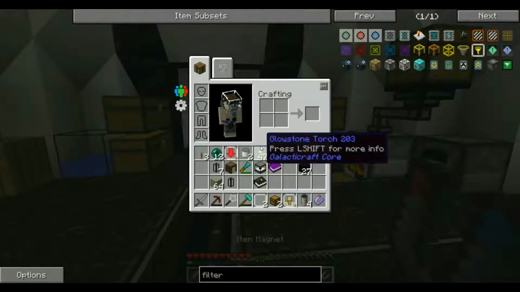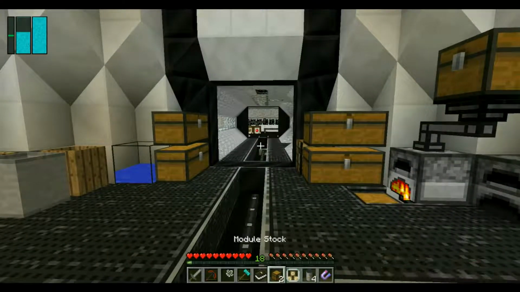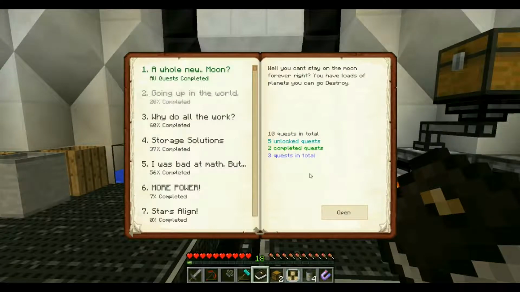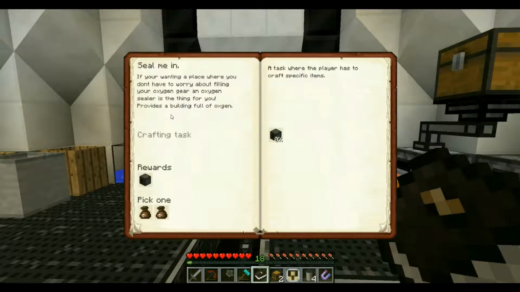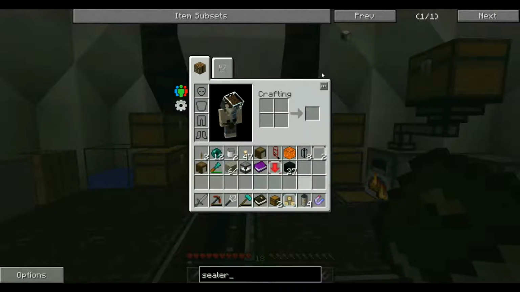But I wanted to do the other quests today and try and get to the point where we can seal this place up. So let's do that and going up in the world. First up, seal me in. We need to make an oxygen sealer. And that is made